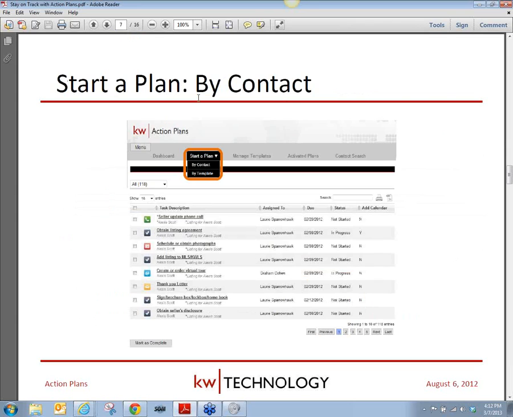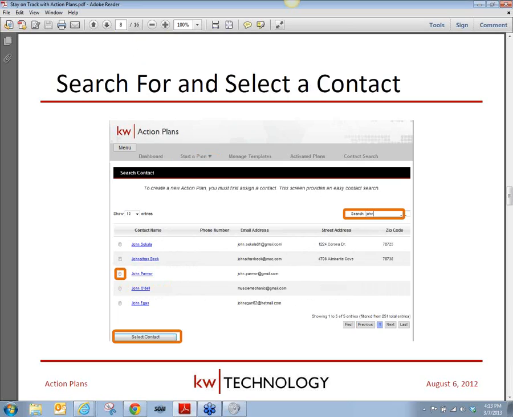Okay, so it says start the plan by contact, and you start by contact or by template. So if we start by contact, we click on Start a Plan. The down arrow gives us by contact. And then we can search for a contact's name, like John, and bring up everybody that's John, and then click the radio button here. Radio button, just a push button. It looks like a push button, but it's on the computer,